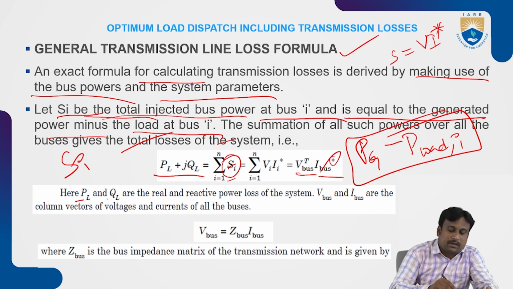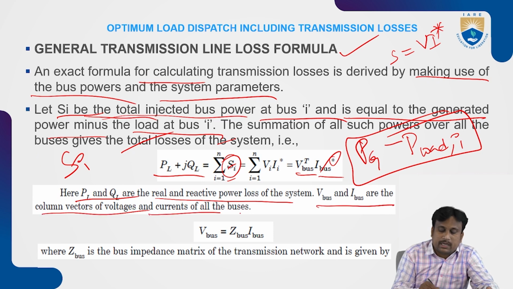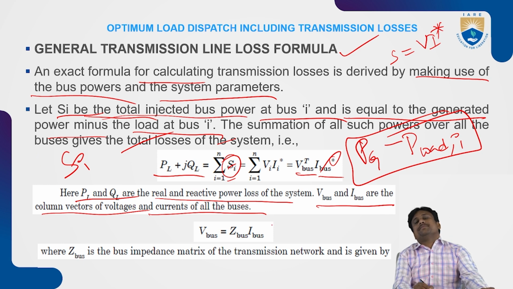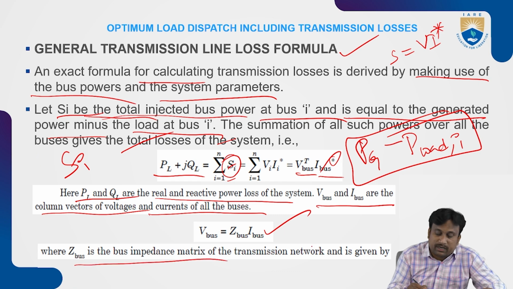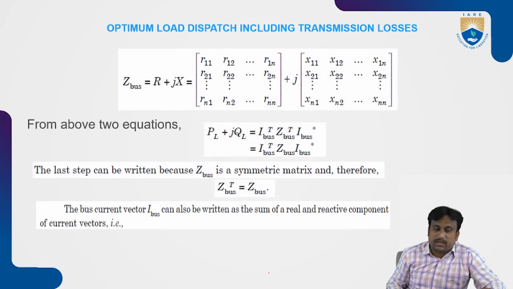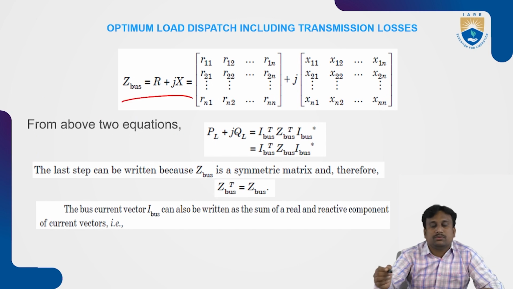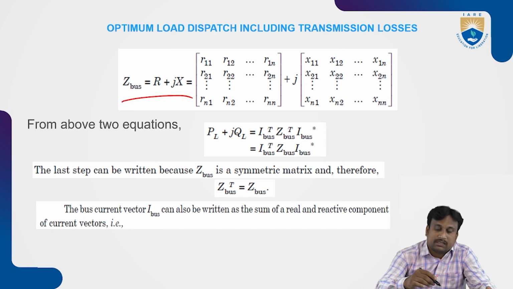So here PL and QL are the real and reactive power loss of the system. V bus and I bus are the column vectors of the voltages and currents for all the respective buses. So V bus equals Z bus into I bus, where Z bus is the bus impedance matrix of the transmission network, and it is usually given by Z bus equals R plus jX, which can be written as